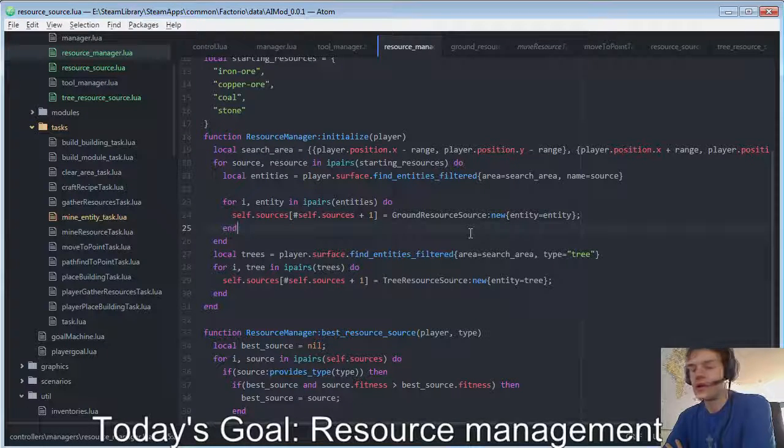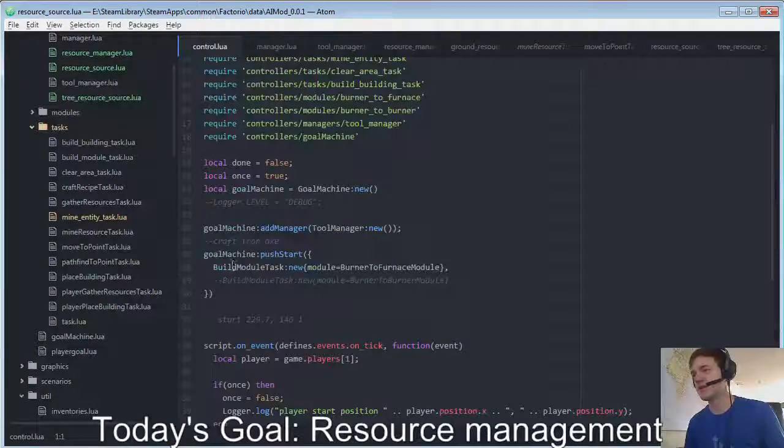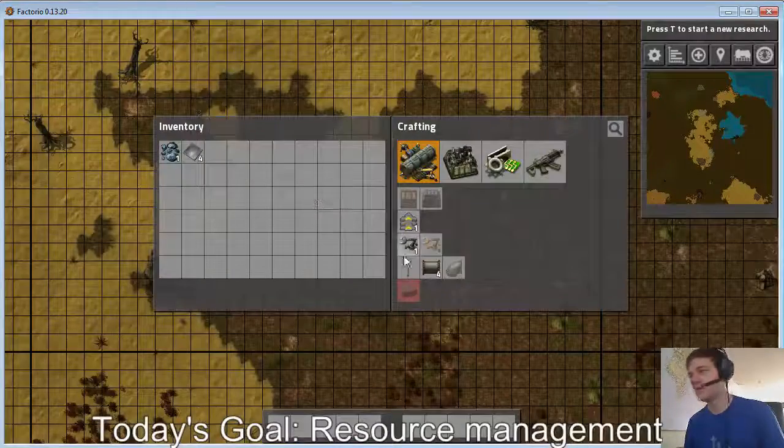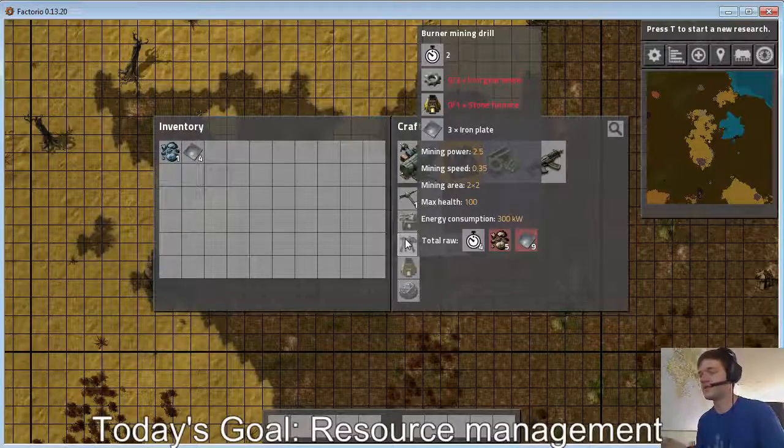I guess what we want to do now is ask the resource manager to fetch us two pieces of raw wood. And the idea is, I'm going back to my control here. So I'm building this module. My next task would be to build this burner miner module. Prerequisite for that would be to have the ingredients required to build a burner miner drill, which are